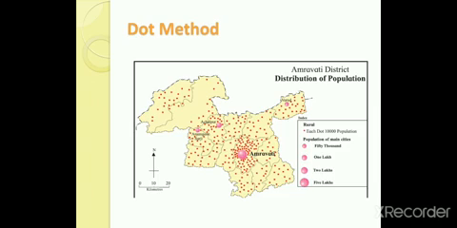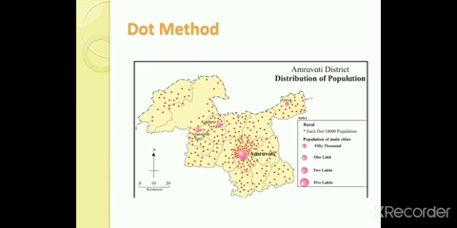Of a region should be considered, because physiography plays an important role in population settlement, and so do water sources and the transport system. If there is a mountainous region, the transport system is not well developed, so the population is scattered. If there is a mountainous region, the roads are also not developed. So physiography, water sources and transport system, while putting the dot, you have to consider these points.